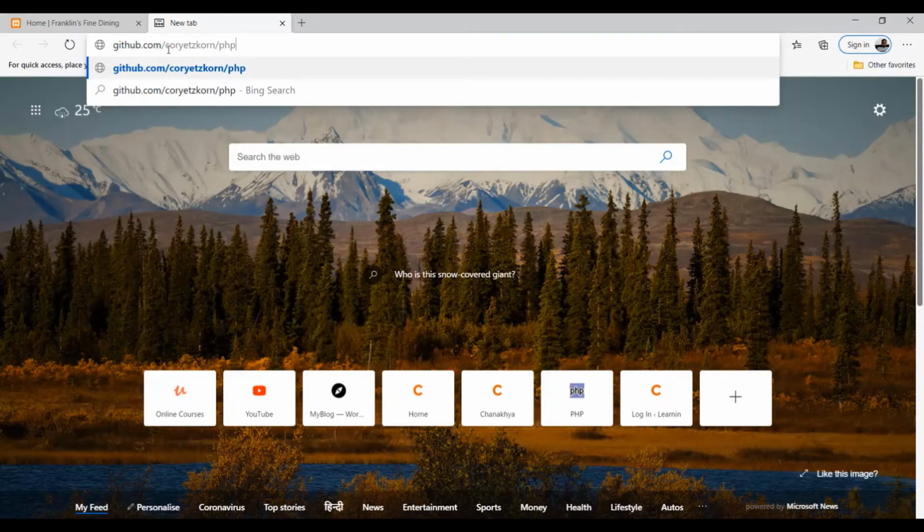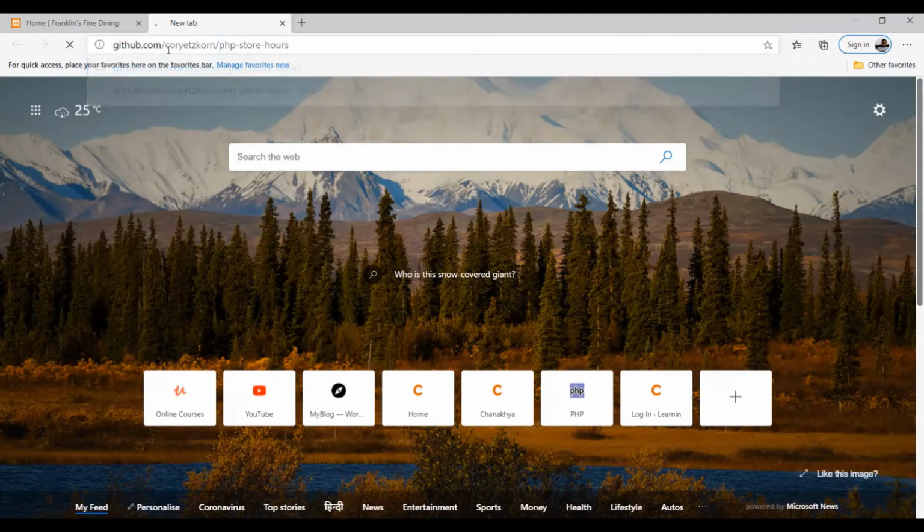Then here you have to type php store hours. Press enter here.